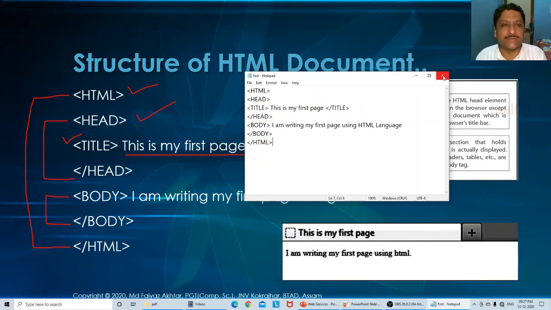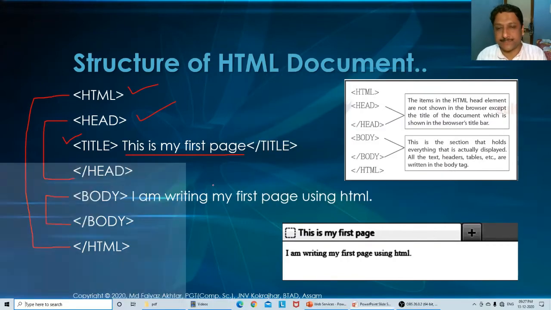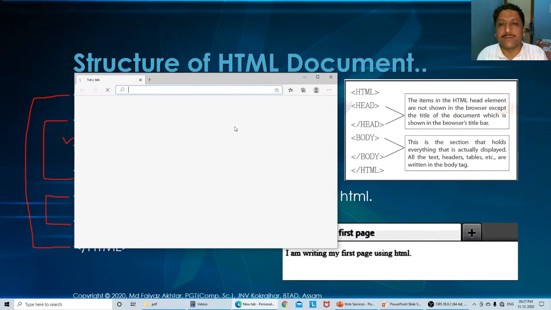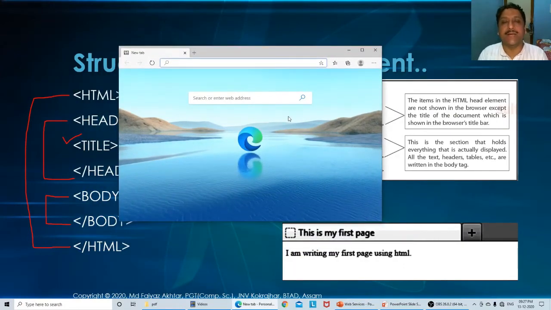So close this Notepad, no need now because we have saved this file. Then open any browser. Just Microsoft Edge we are going to use. In Microsoft Edge we have to open that HTML file. How can we open it? Just press Ctrl O. This will open